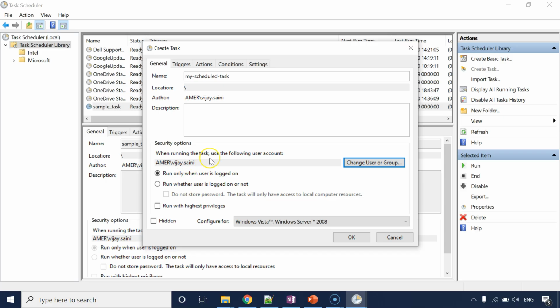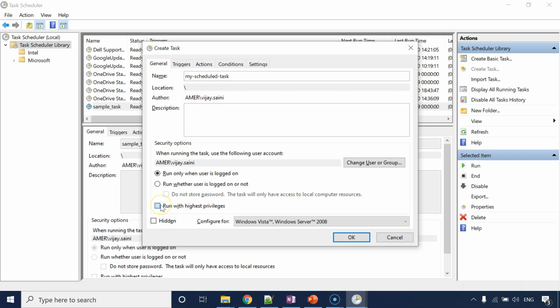Of course, we'll have to pass the password. You can't simply use any other account, right? And it has to be in your domain. Okay. Then you can see two options over here. First is Run only when user is logged on, and second is Run whether user is logged on or not, you have to execute the task. So we can do it either way, whichever we like. Which option among these two you should choose depends on the nature of the program you want to launch using this scheduled task, right?